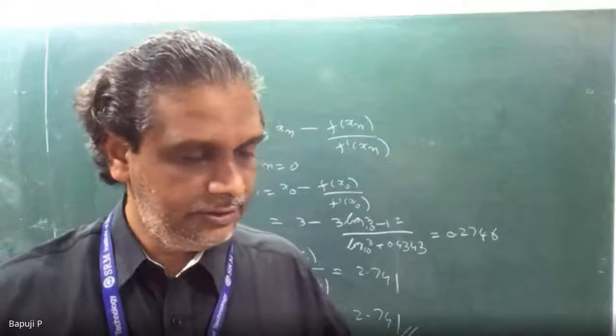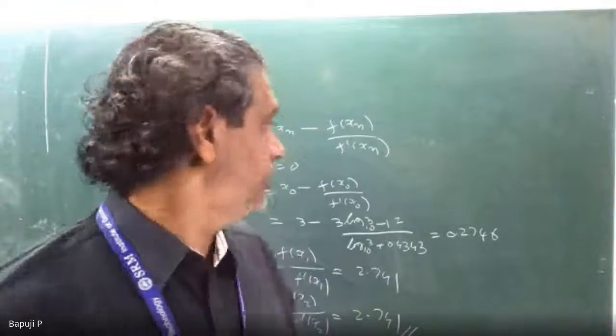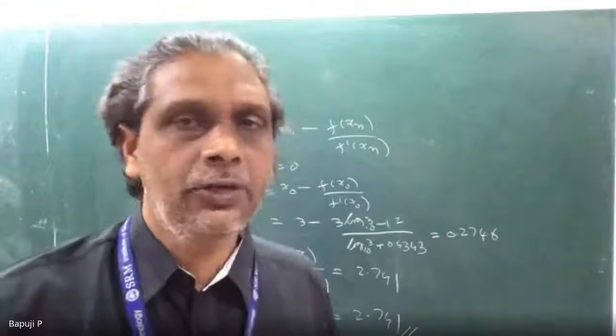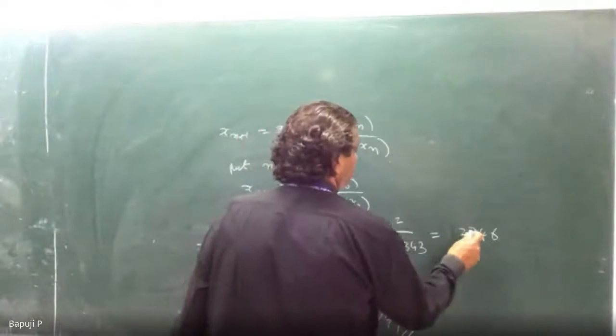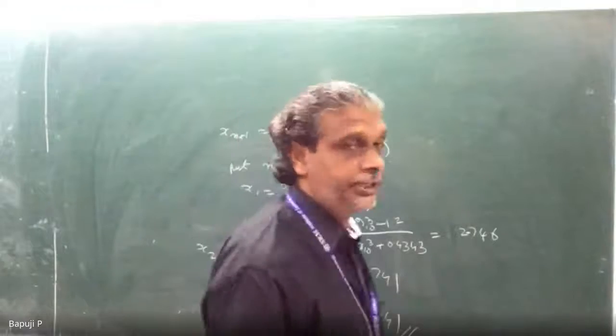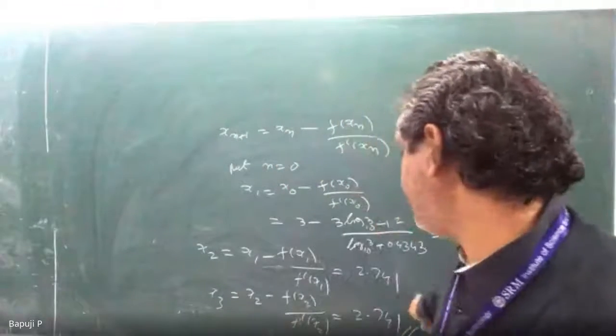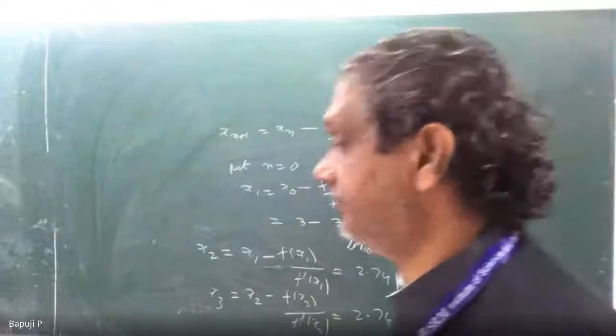Sir, yes, the X1 value is coming 2.7462. That's okay, 2.7462 you can keep actually. Up to 3 digits I have taken. No problem. 2.746 I have taken. Then these two you can stop actually. Sir, the same values I got. Sir, it is coming 2 point, not 0 point, 2 point. Here it is 0.2746. Sorry. Thank you. 2 point only. Right. Because the next value is what? 2.741, 2.74. Thank you, sir.